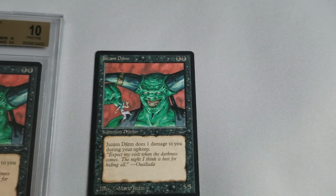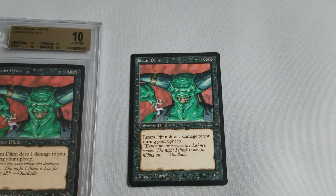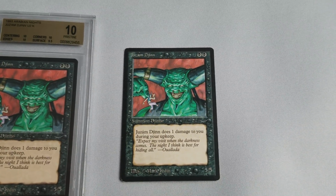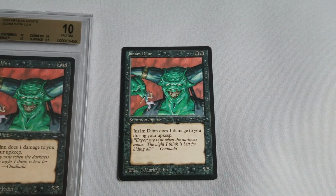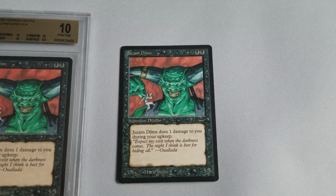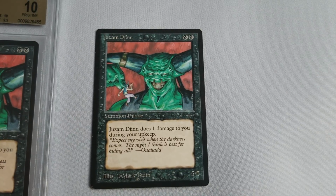Now, Arabian Nights had a nice, interesting play on damage during upkeep. I think Serendib Ifrit was a 3/4 flyer, 3 casting cost. I think it was 1 blue. And you would do 1 damage during your upkeep also. And there was a lot of upkeep damage kind of cards. But these two, the Serendib Ifrit and this Juzam Djinn, were super iconic because of the power level and